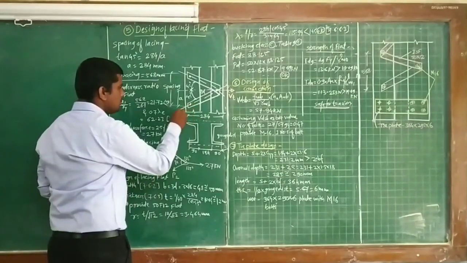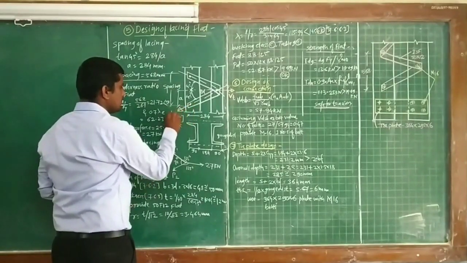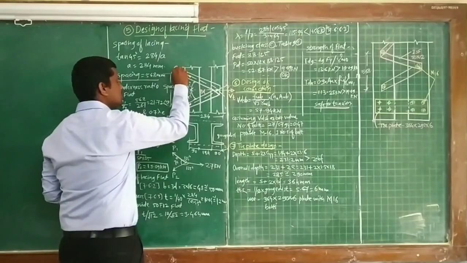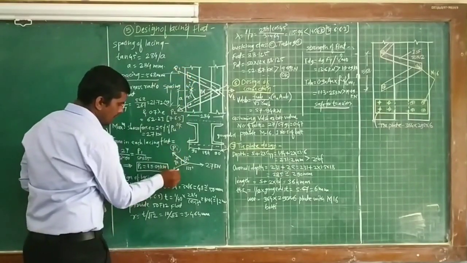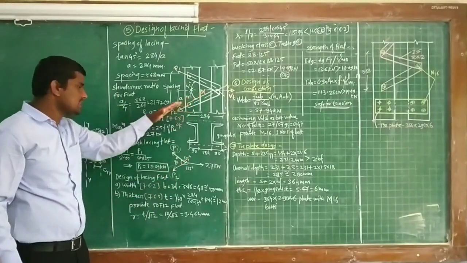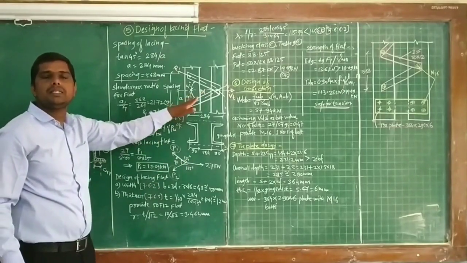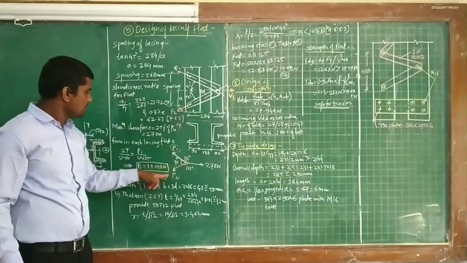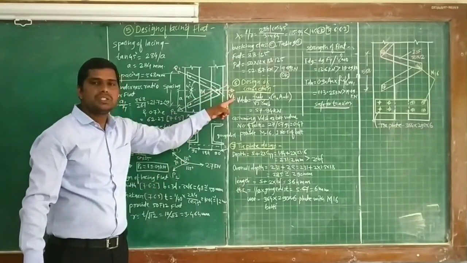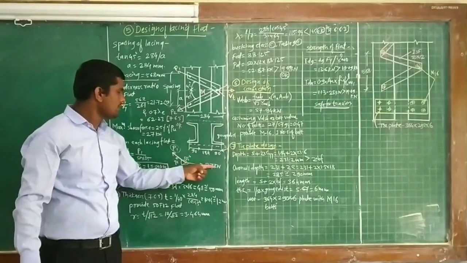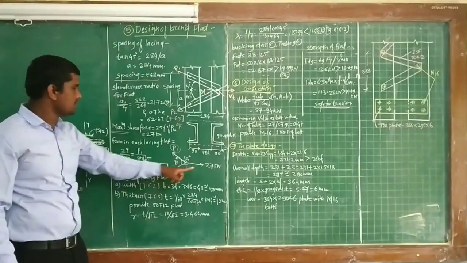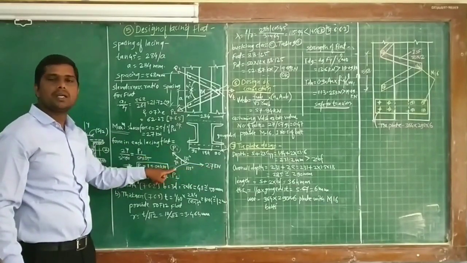So what should be this force? We can find it as P2, and here it is P1. So this P1 and P2 we are going to calculate. What should be the force which is acting through the CG of this lacing flat? So here we are going to calculate separately, where this transverse shear is acting, that is 27 kN. We have already calculated the maximum shear force, 27 kN, and P1 and P2 we are going to calculate.